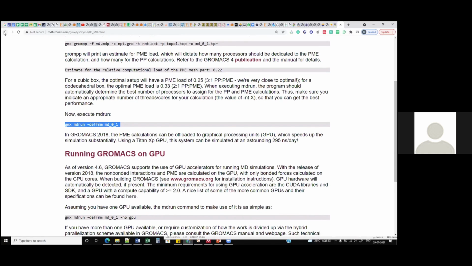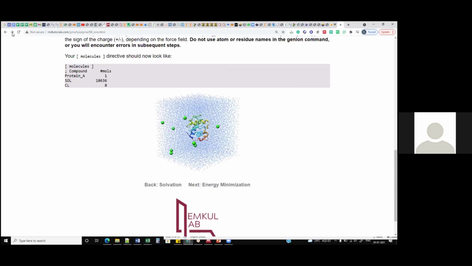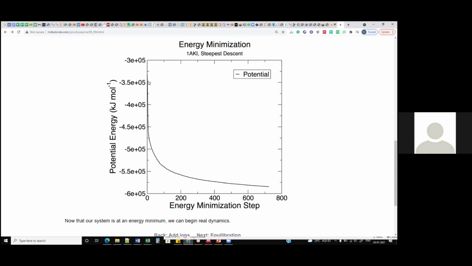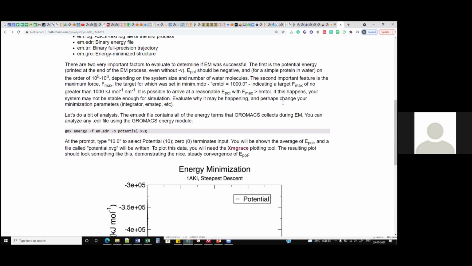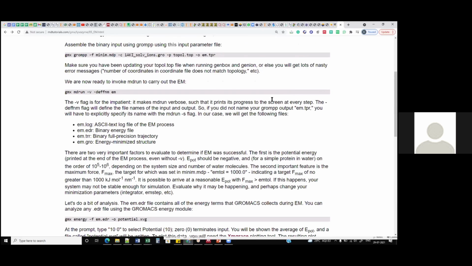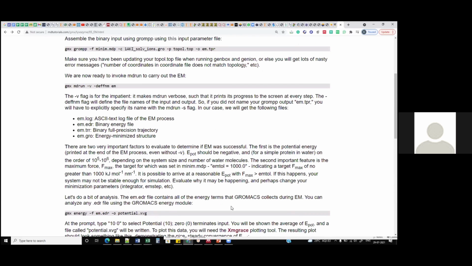We'll see how the graph looks in energy minimization. It started from here, the potential energy, and it decreased, and then there is a constant plateau formation over here. So it has stabilized here. If we extrapolate the graph, it would be a straight line over here. This indicates the number of energy minimization steps. Right now in this case, we have forced the program not to go beyond 1000. You can see that information over here. Where is the file? File.